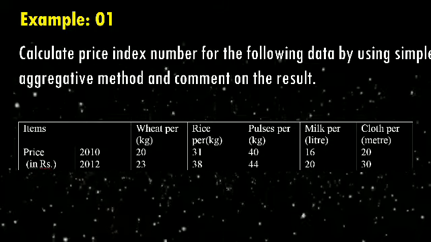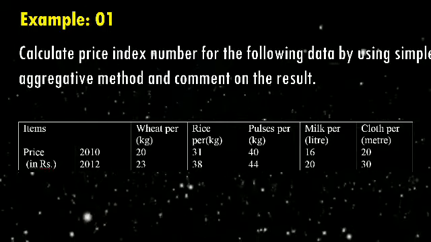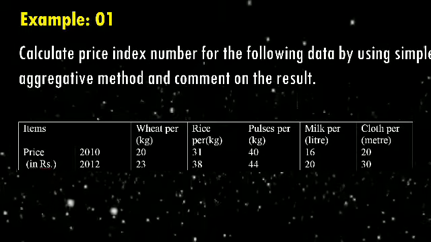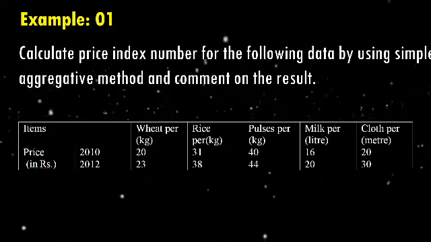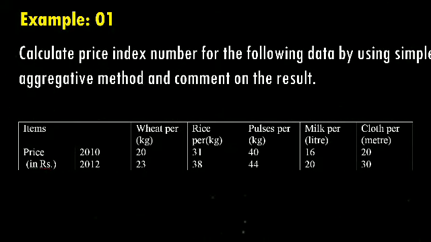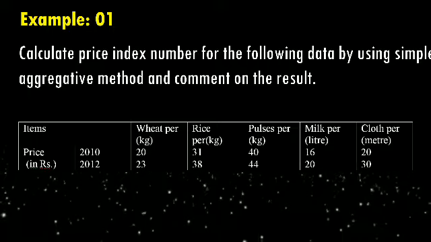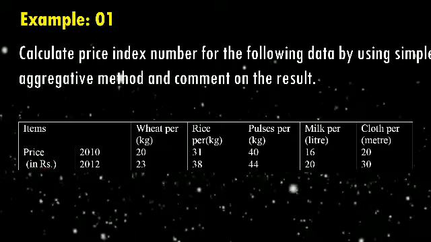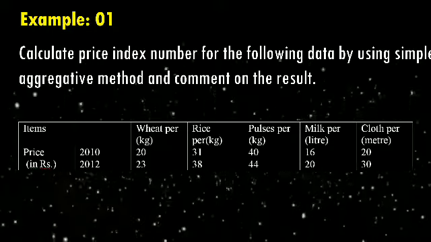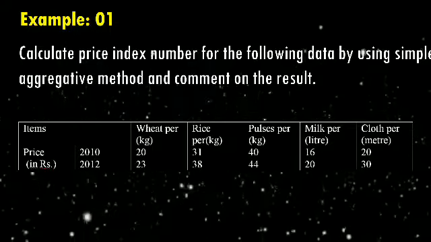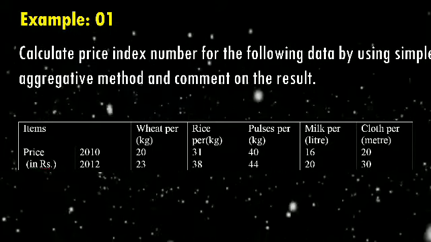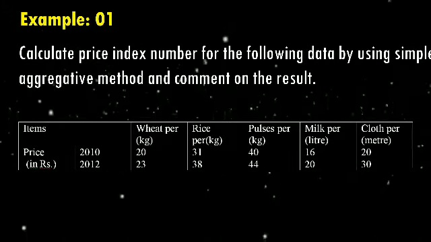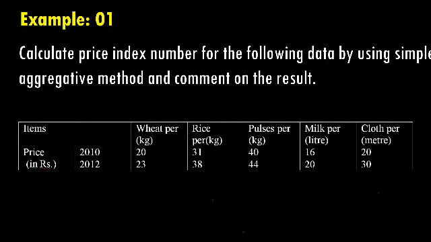Since price values are given, 2012 data is price values for the year 2012. So that is small letter p for the current year, that is 1. So small letter p1 is your 2012 data, and 2010 data is the base year price values, which is denoted as p0. First thing, you should identify the formula. Here your question is to find the index number, compute price index number using simple aggregative method.